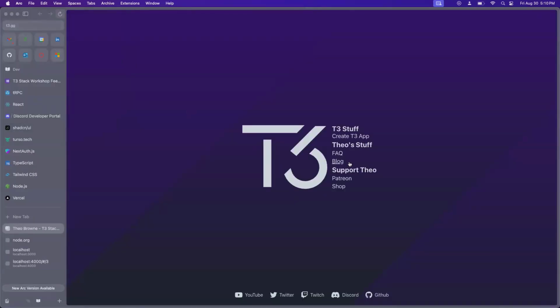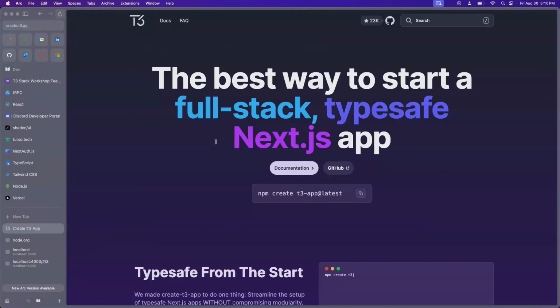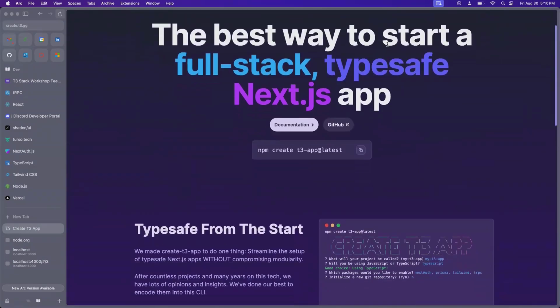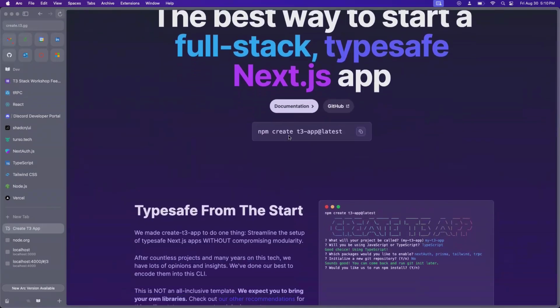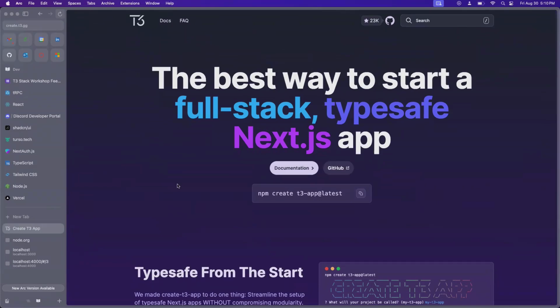this is Theo Brown's app. If you go to create T3 app here, it'll take you to a link to the actual tech stack itself. This is the documentation that I will be using. A lot of the content in this documentation is in my workshop. But yeah, if you're ever curious about why we're using this tech stack in more detail, I would definitely recommend exploring here. Also, if you ever find yourself encountering a bug or are curious about how to deploy your app, there's also a lot of documentation in here about how to deploy your T3 stack application. But yeah,